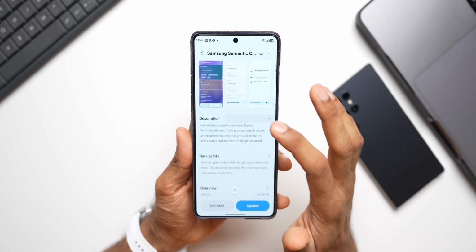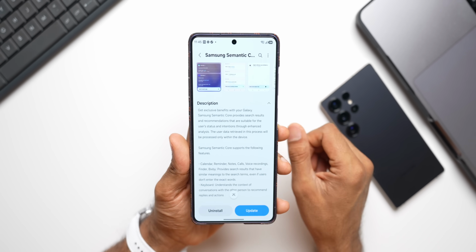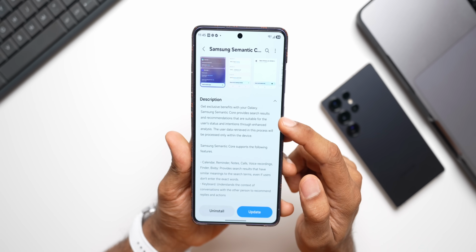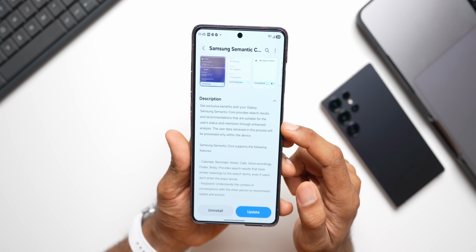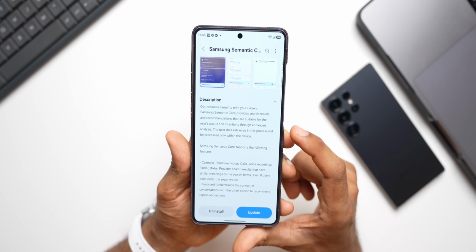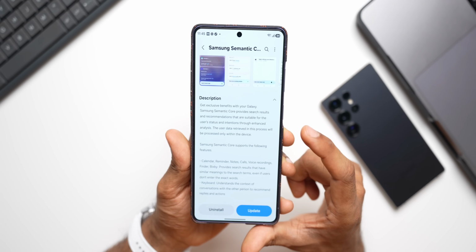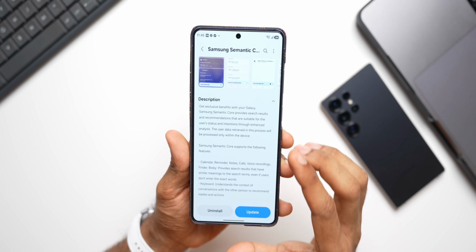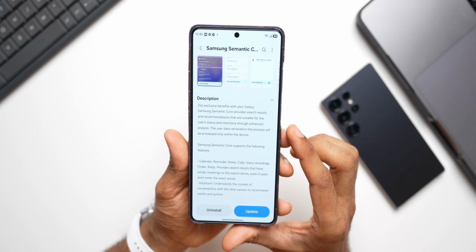Here in the description it says, Samsung Semantic Core provides search results and recommendations that are suitable for the user's status and intentions through enhanced analysis. The user data retrieved in this process will be processed only within the device. So basically, whenever you search something on the search bar, the matching results that you're going to find is processed